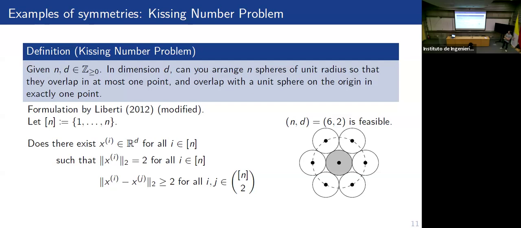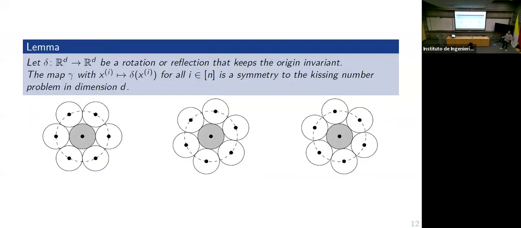The type of symmetries that we have here, we have the subsymmetries that are orbitopal, because what we can do is take 2 of these indices i and j, and basically swap out the coordinates of these 2. So that's orbitopal symmetry. But we also have the geometric symmetries applied to this problem. If I take a rotation or a reflection around the origin, then I can rotate all the coordinates of these outer spheres, and that's again a symmetry. And note this type of symmetries, they are geometric, they are not discrete. Actually, this provides an infinitely large symmetry.